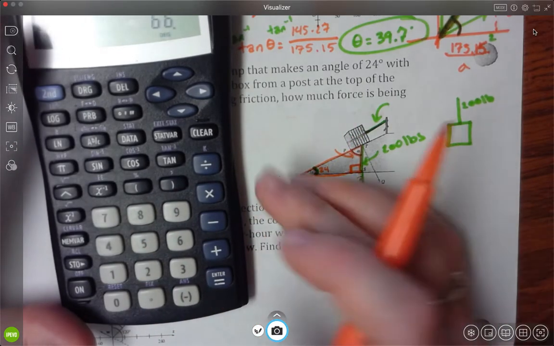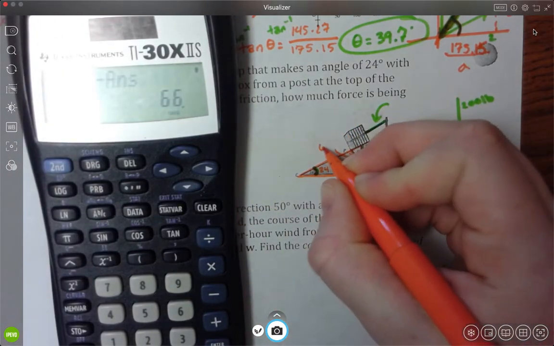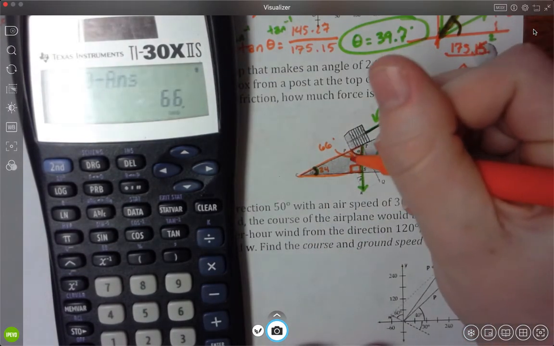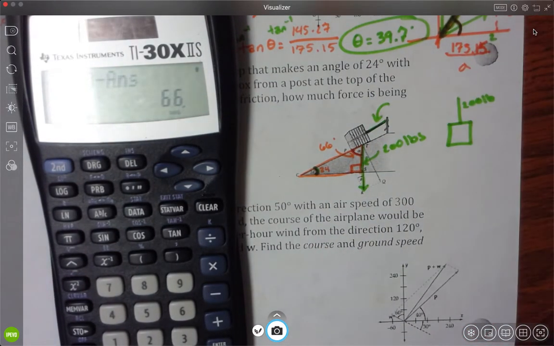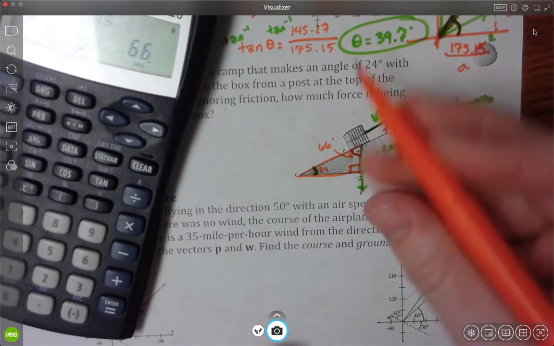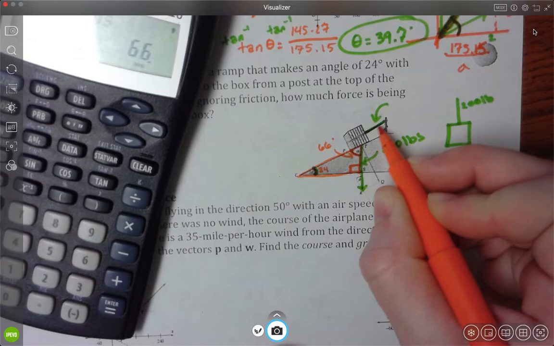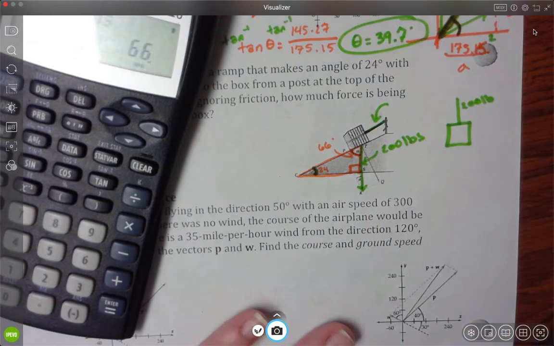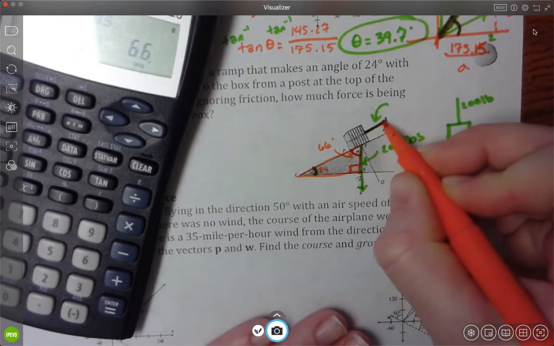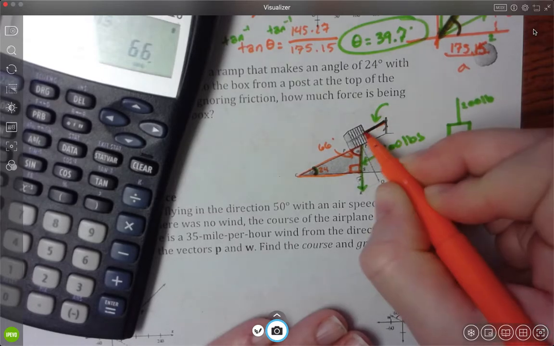and that will give me a 66-degree angle right here. Okay, so I have this guy as a 66-degree angle, and then what they're wanting to know is what force is being exerted on that rope. Okay, this rope is going to have the same length of force as